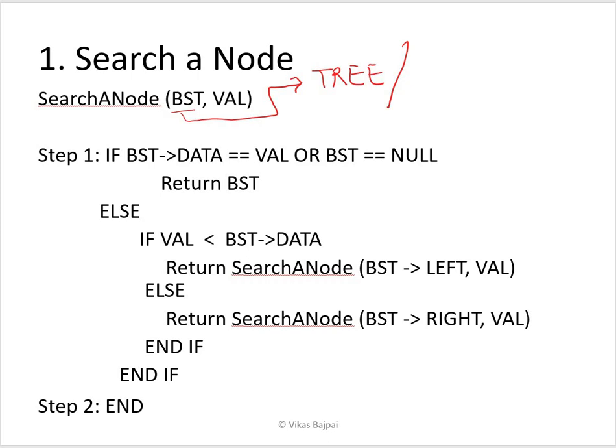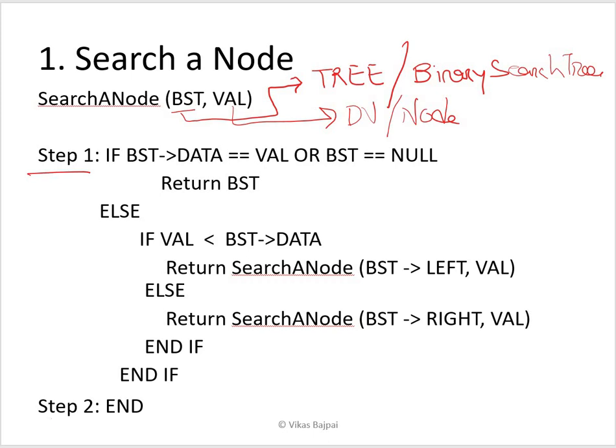Somewhere you will find the full form of it, where they mention the entire binary search tree. This value you'll find somewhere called a data value, or maybe node, or whatever terminology you want to give, right? To make it simple, I've tried to give these particular terms, right? So we have a simple two-step algorithm. What we are supposed to do is, the first thing is that I have a particular value and I need to look into it.